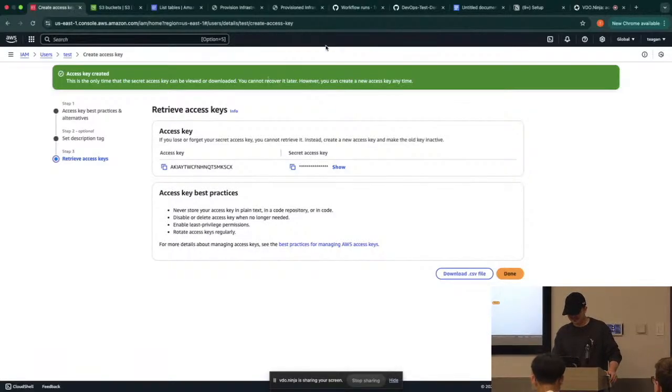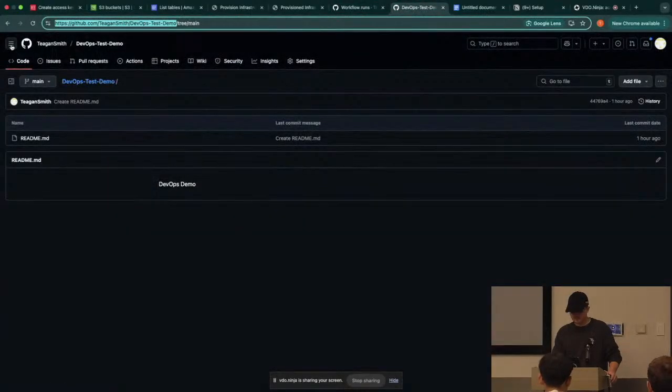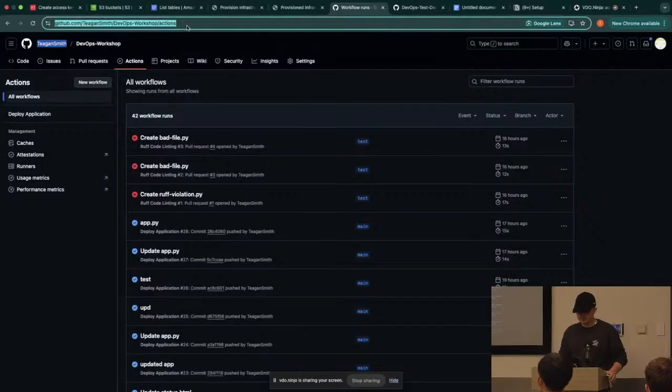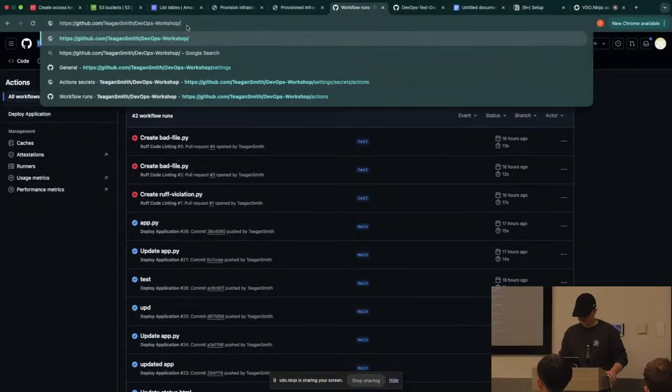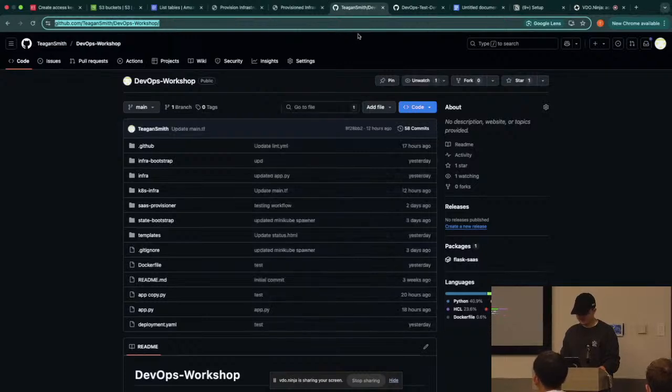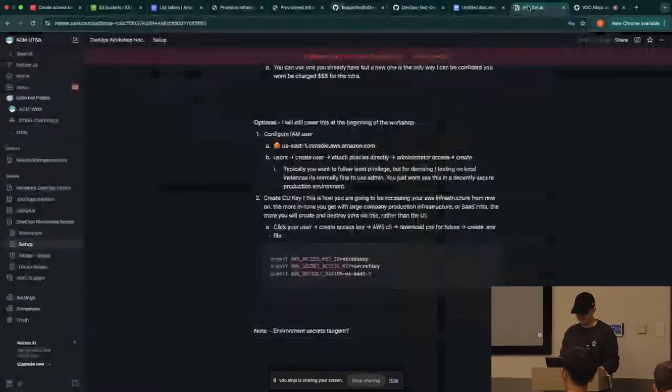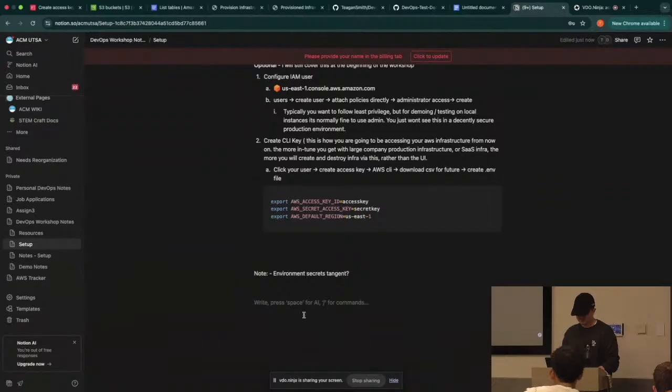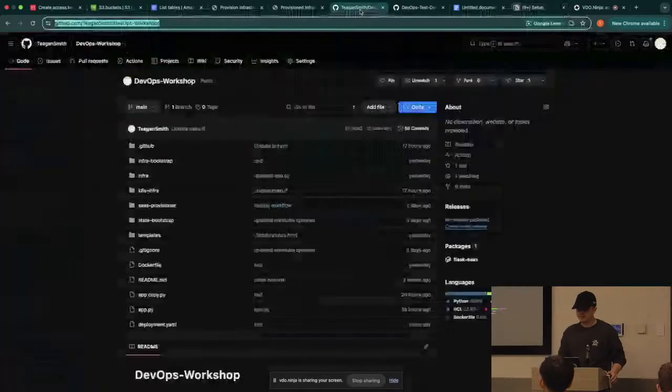Okay, perfect. So the first thing that we're going to do, I have a test demo here. I'm going to try to start doing this from scratch, but I'm going to be referencing this workshop a lot. I don't know if there's an easy way to copy this over. I'm going to post this in my setup docs if anyone has access to that. There's going to be code in here that we're going to be referencing throughout our workshop.